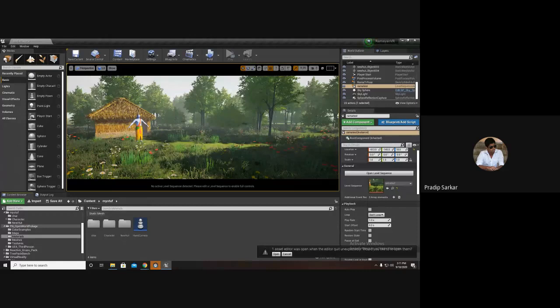But the thing is, what is your target platform? Everything depends on that. If you're targeting mobiles, then you have to go with Unity. If you're targeting PCs and consoles, then you can go with Unreal without any doubt. Thank you, sir.